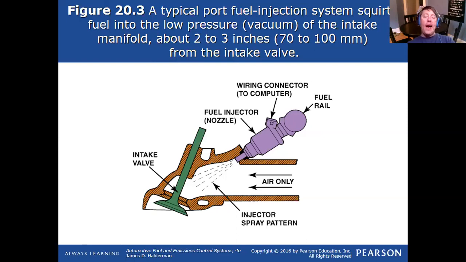Manifold vacuum has a play on fuel delivery. And so the integrity of an engine, its mechanical integrity, will actually affect the amount of fuel that is delivered to a cylinder. So keep that in mind if you're ever diagnosing some misfire issue or some fuel trim issue, and you've got an engine that's running kind of rough, and in the back of your mind, consider the fact